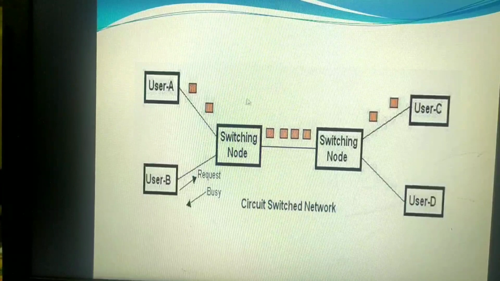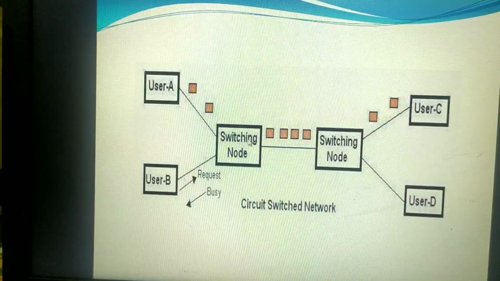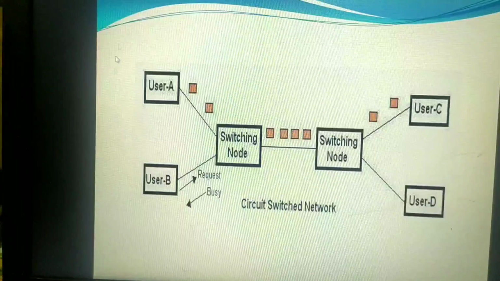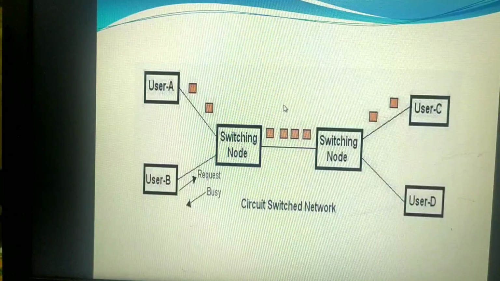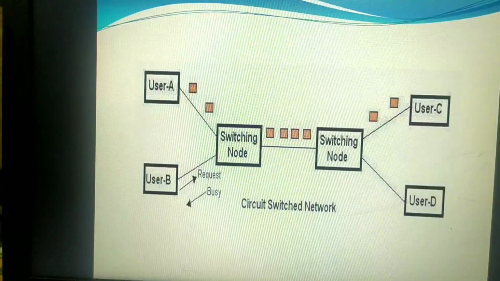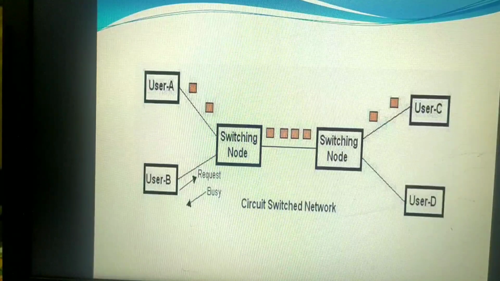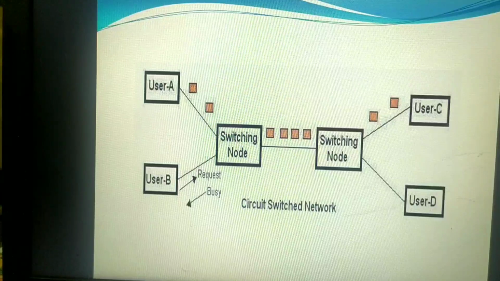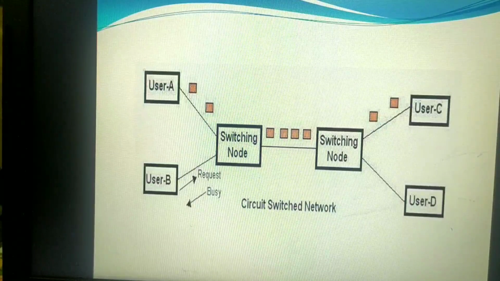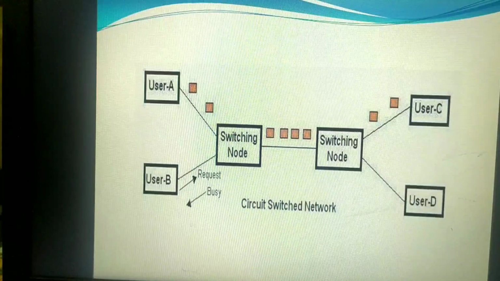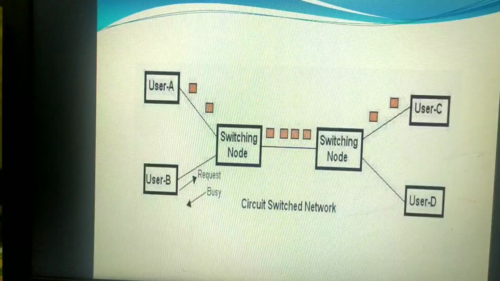Now E wants to have communication with F. When the dial tone comes to the switching node, it will not find any link to contact F. In that case, the switching node will reply back to E that all the routes for this line are busy. I hope you have heard this: all the routes reaching F are busy. This is exactly how circuit switching works. Before you transmit any data, first you make sure that the link is established.